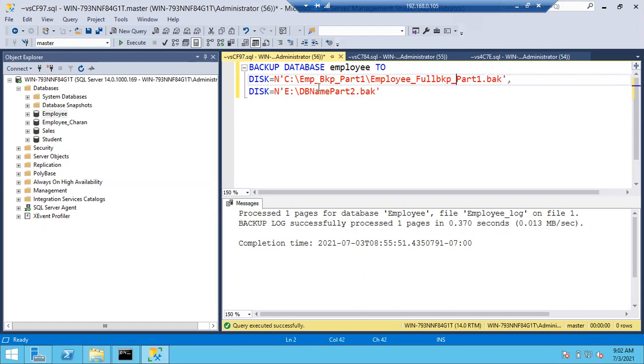The same path will be changed for the second: Control C, and here Control V, underscore part 2. This is the second folder on the C drive. Like this, if you want to go for part 3 or part 4, you can go for it.